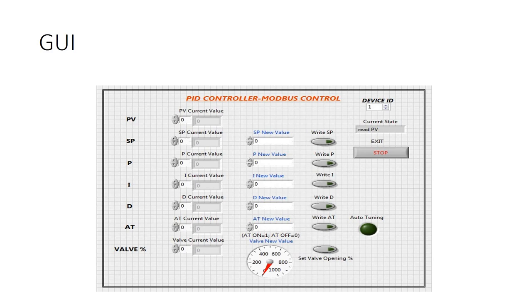Like this, you can build a GUI with several such devices connected, multi-dropped. You can build a Modbus network.